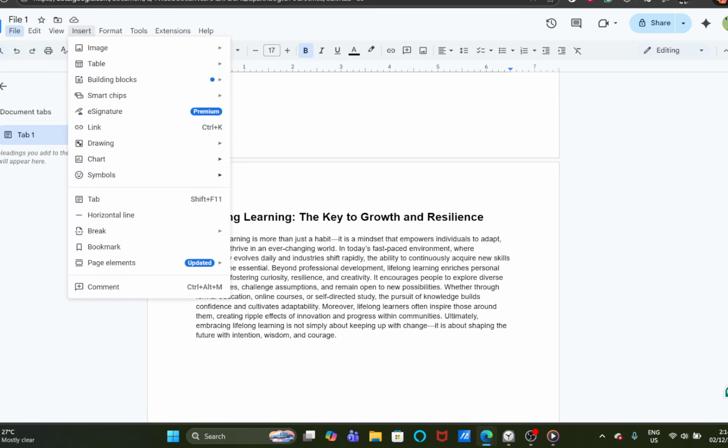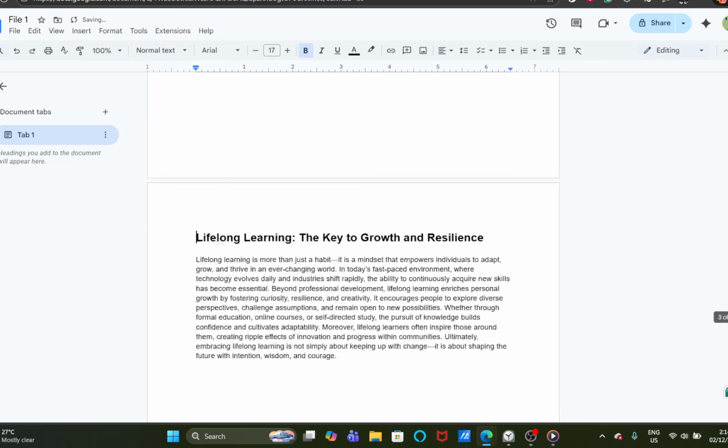Start by opening your Google Doc and placing your cursor right before the page where you want the page numbers to start. Now create a new section so the front part of your document stays unnumbered. Go to the top menu and choose Insert, then Break, and then pick Section Break, Next Page. Google Docs will create a new page and start a new section, which is exactly what we need to control